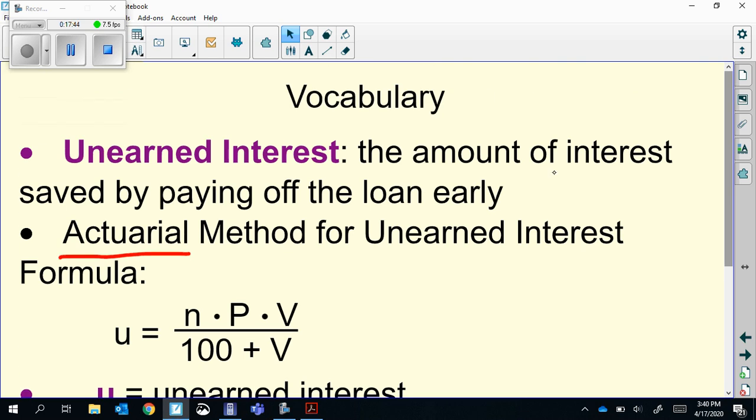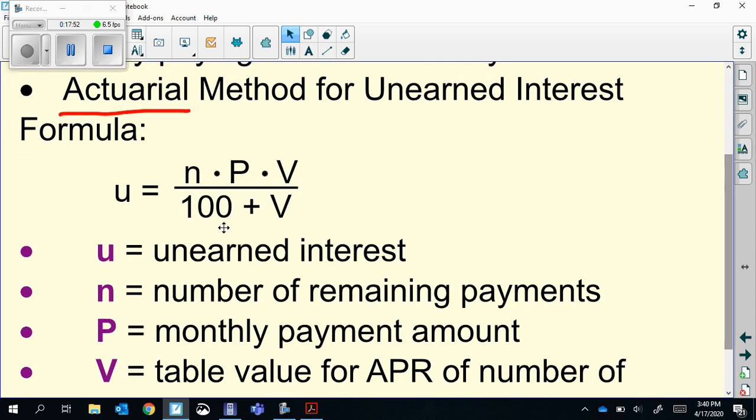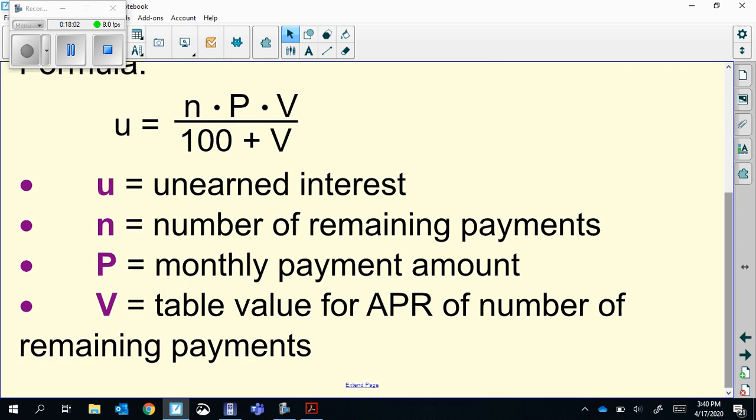So here's the formula for it. Unearned interest is R. N is the number of remaining payments. P is the monthly payment amount, P for payment. V is the table value. And then you just have to plug V in two places and everything else. So